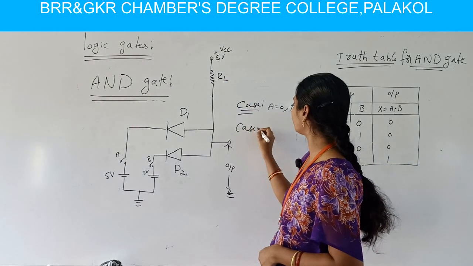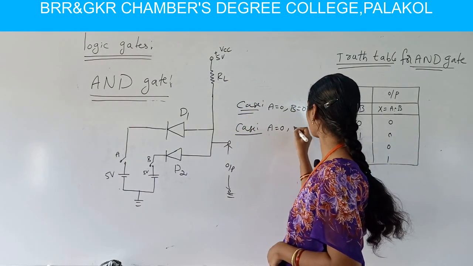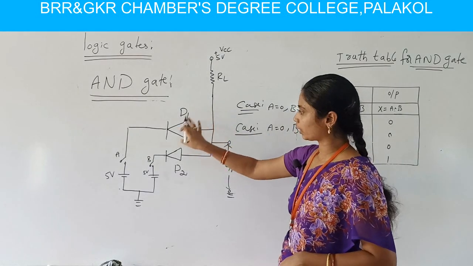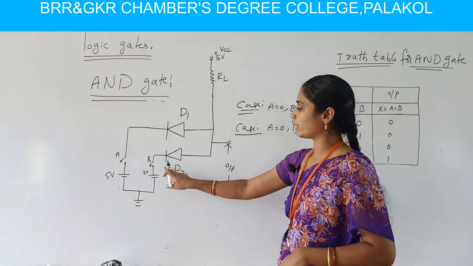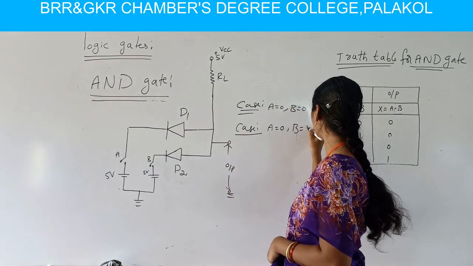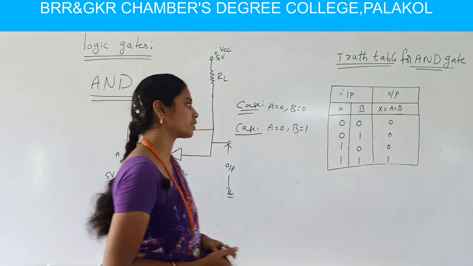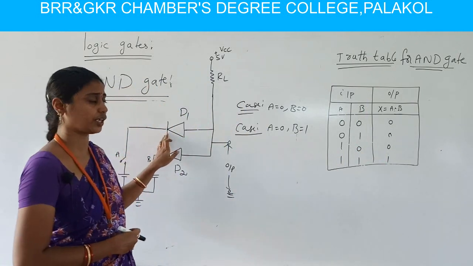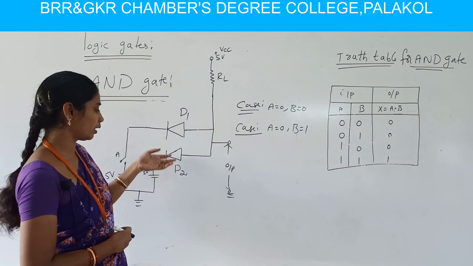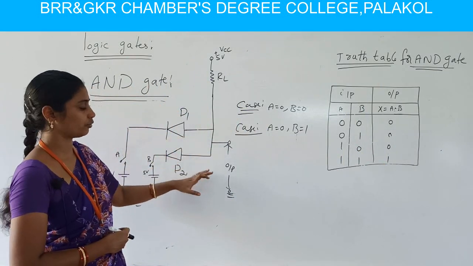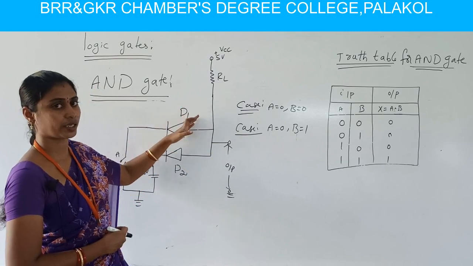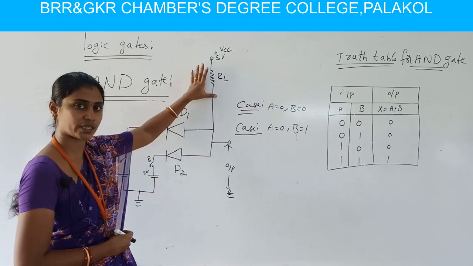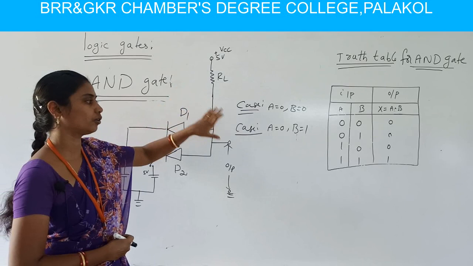Okay, in case 2, one diode, D1, is in a non-conducting state, it means 0, and for variable B, diode D2 is in a conducting state, so we consider logic level A is 0 and B is 1. In this case, A is in a non-conducting state, but B is in a conducting state. So for this diode D2, the output collected across is the same as explained above in case 1. So the output is nothing but the voltage drop across the load resistor RL, then we have the output as 0.